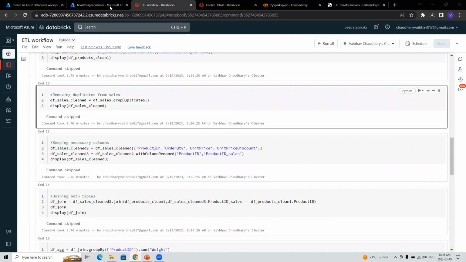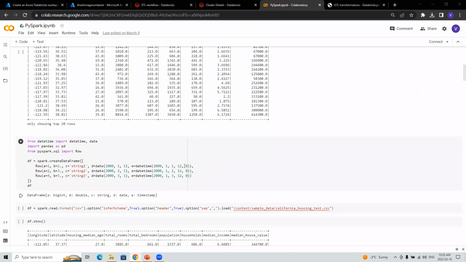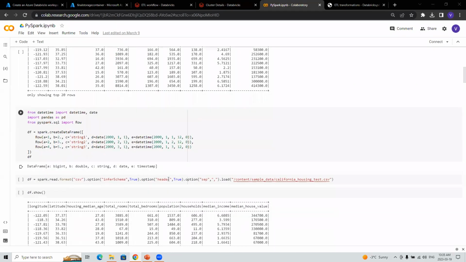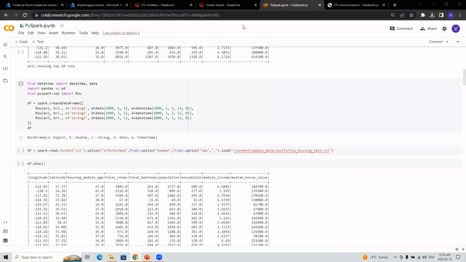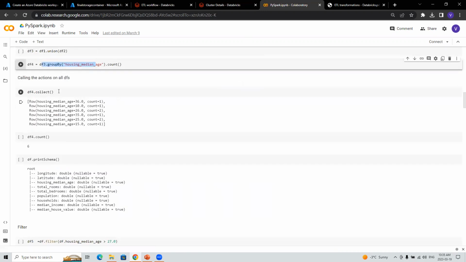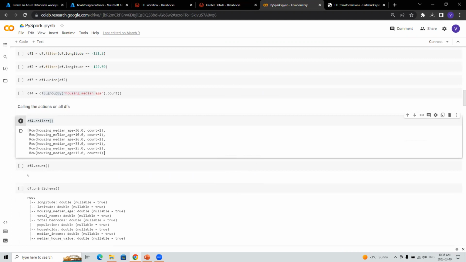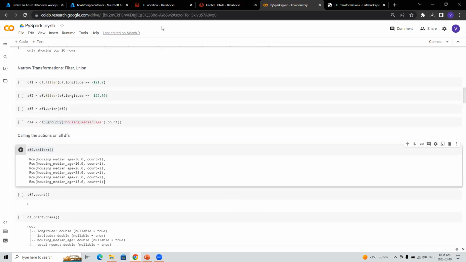So Mr. Mukilan, what I'm going to do is I'll share the resources like this Python notebook. You can practice all of this here. There's a very interesting YouTube channel as well. I'll share that as well. And the best way to learn is to go through the Databricks documentation. I'll share that link as well. In this notebook, especially, you will see I've done a lot of transformations like group by, and so these are actions and transformations. If I'm calling an action, all of this gets executed. This you will only learn when you get your hands dirty in PySpark.